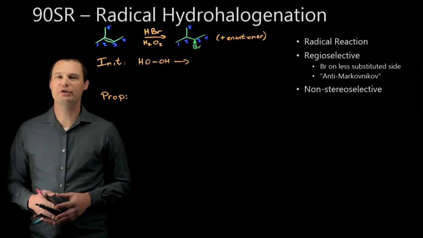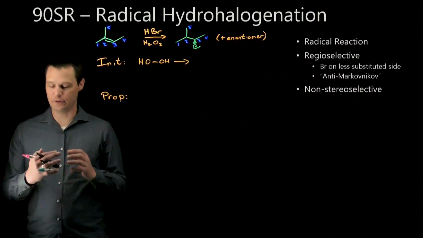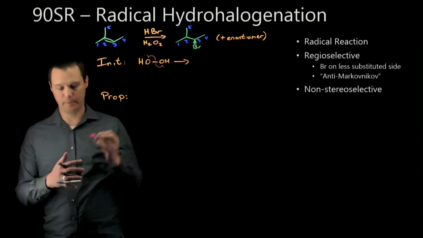The radical hydrohalogenation reaction is a reaction of an alkene to form an alkyl halide in an anti-Markovnikov fashion. The first step is an initiation step where we break the oxygen-oxygen bond in a homolytic bond cleavage to form